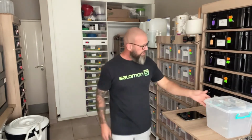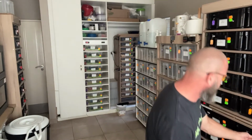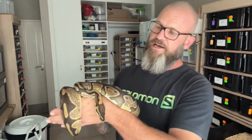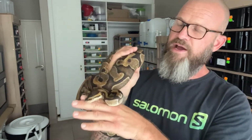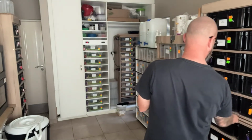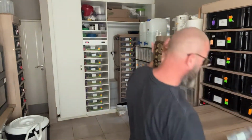Another girl for my pied project is this girl here. Now she is an Enchi 100% het pied, okay? Now you can see the pattern is slightly different. A clear thing with Enchi are those light brown eyes. I don't know if the camera can pick it up. She's quite active. She is a first year breeder this year, but she's weighing now. The last time I weighed her, she was just on 1,500 grams. So let me weigh her again so that we can see